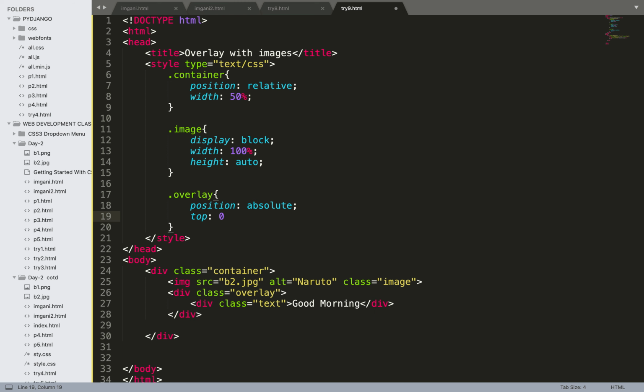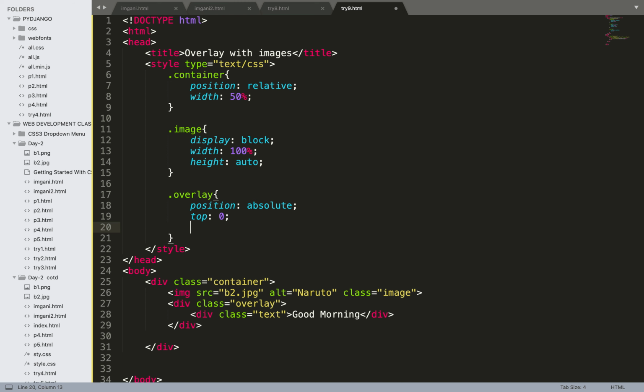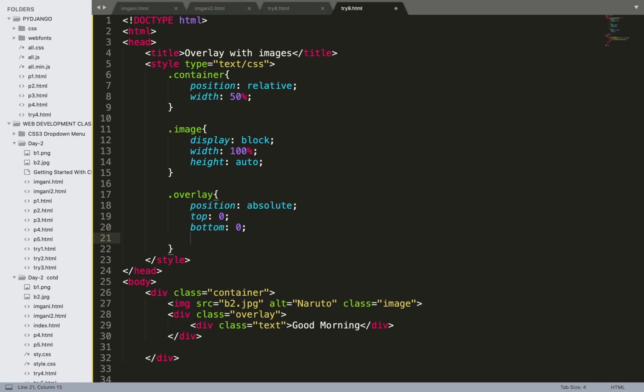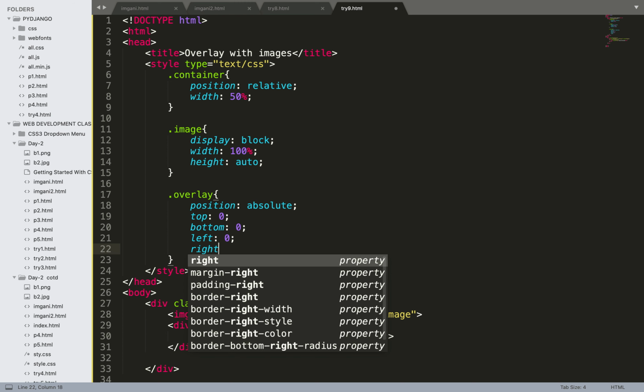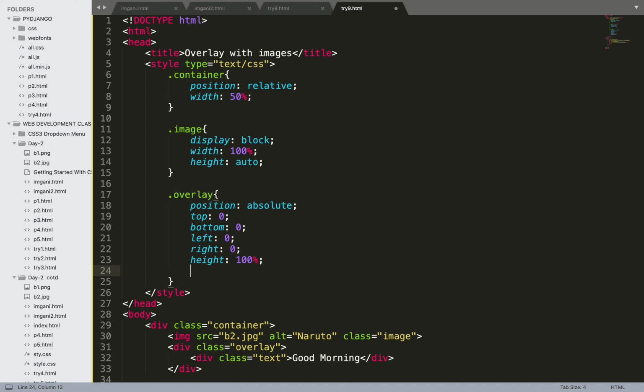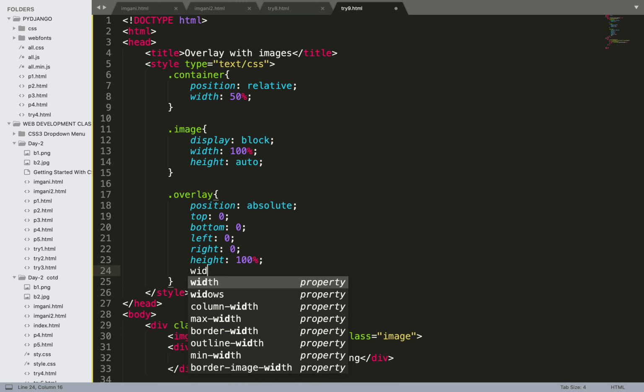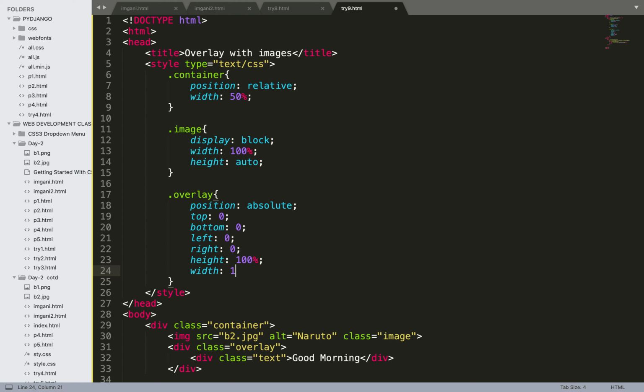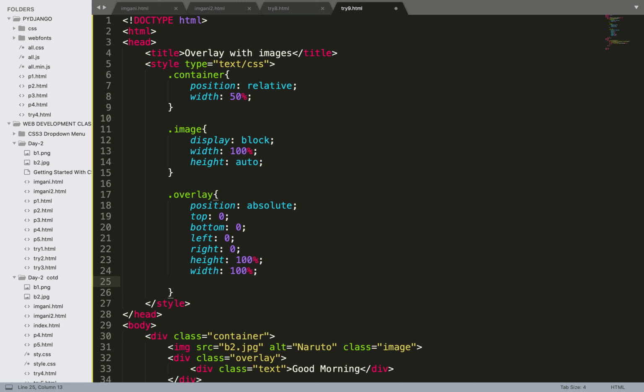Top 0, bottom 0, left 0, right 0, so we are just mentioning from where we need to start. Okay, so it will be from the top left corner of the image. Width, let it remain, okay, this will cover the whole image. Here height and width we are mentioning 100%, means it will cover the whole image.